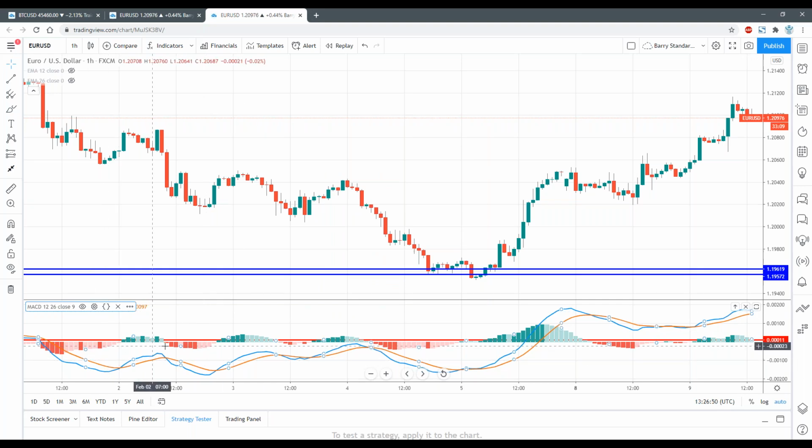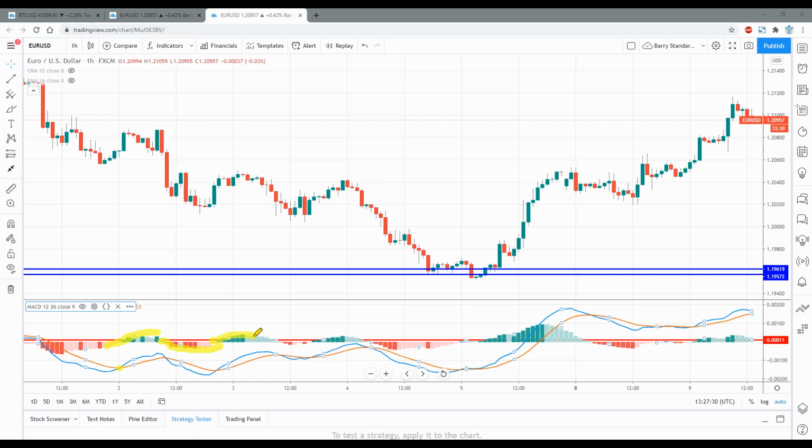So this is called the histogram. The histogram is a visual indication of what these two lines are doing. So as you can see, when we got the crossover, let me get a marker on here. On a crossover here, I don't care whether the long is crossing the short or the short's crossing the long or the trigger line's crossing the MACD, because on my histogram, I know exactly what happened. They came to zero, and I got a crossover to a buy scenario because the red turned to green. Here they crossed over, and I got a sell scenario. The green turned to red.